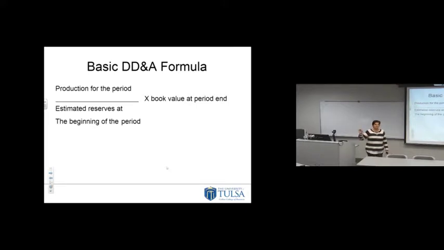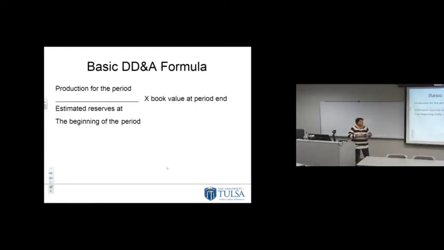That's matched against the revenue that I'm getting this period from my production. But we have something different that's going to the balance sheet to offset that. Remember, we have to be in balance. Assets equals liabilities plus owner's equity. So I've got an expense going to the income statement. To offset that, I have a kind of negative asset. We call it a contra asset called accumulated DD&A. Accumulated DD&A is going to be a negative asset on your balance sheet. It shows up as a negative asset, and it's going to reduce the book value of the